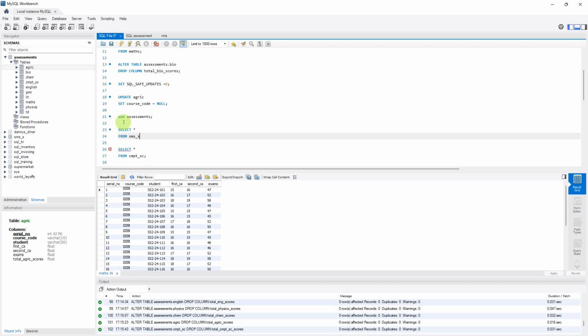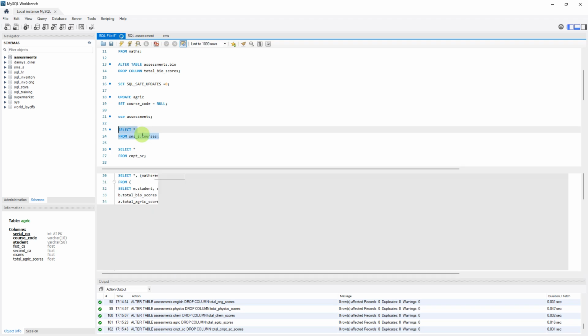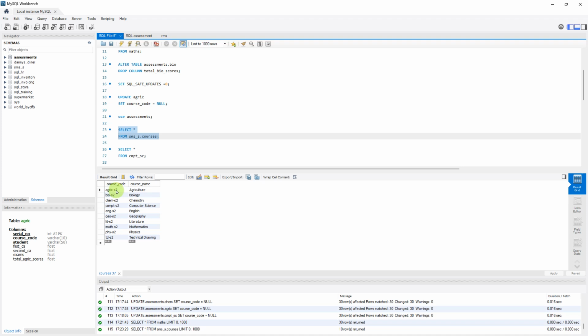Now the reason why I'm calling out this database is because this particular database, the SMS_SA, is not active. Is the reason why I'm calling it now and say dot courses. So dot courses is a table of that particular database, and when I run it, you can see my codes